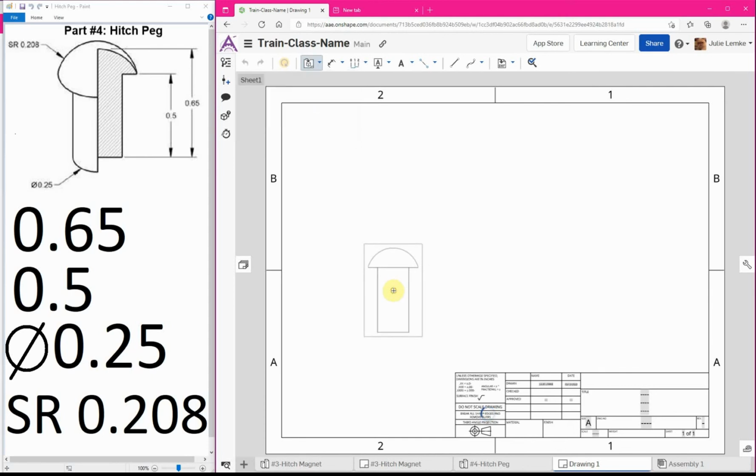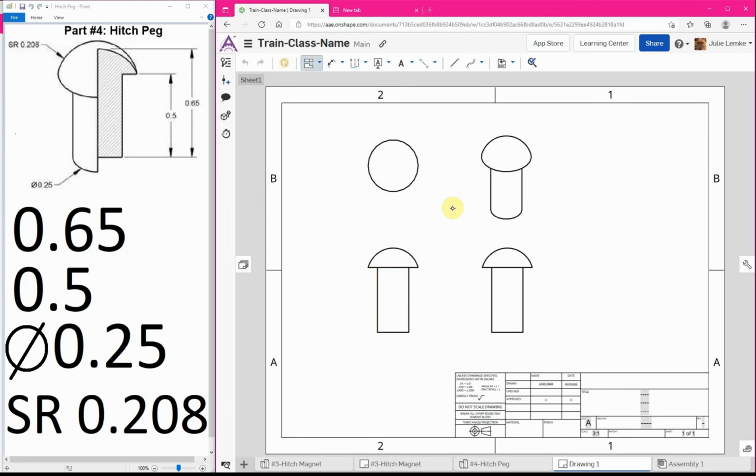Alright, so we are going to add in our hitch peg. So here is our front view, our top view. We click on the front view again, add in our right side. Click on the front view again, and add in our isometric. Okay, so I'm going to hit the escape key. I'm going to shade